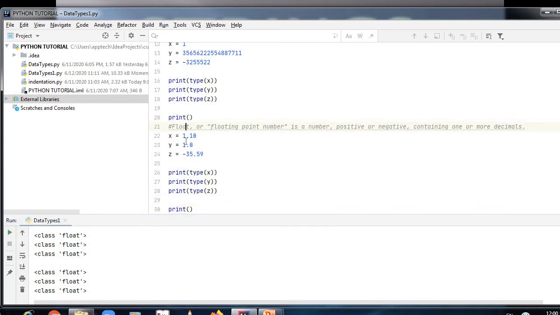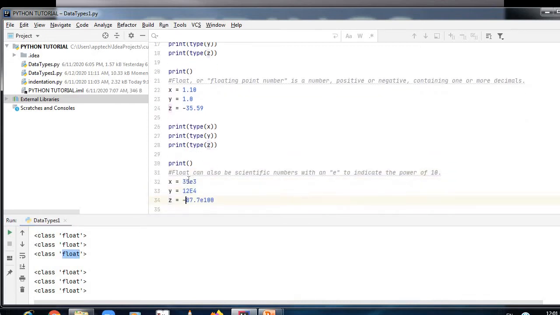Now float, 1.10. A float can have one or more decimals. A float can be a floating point number, and a float can be positive or negative. So here you can see the types of x, y, z are all float.